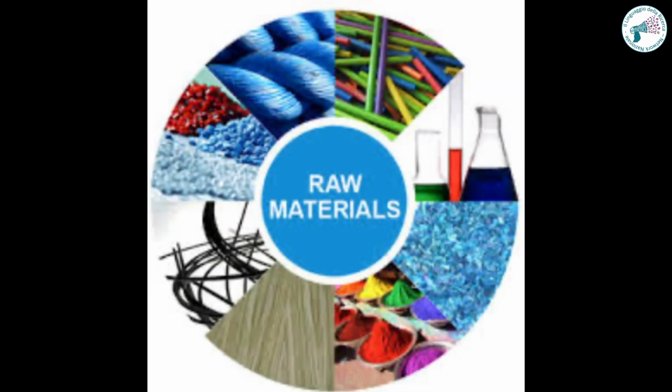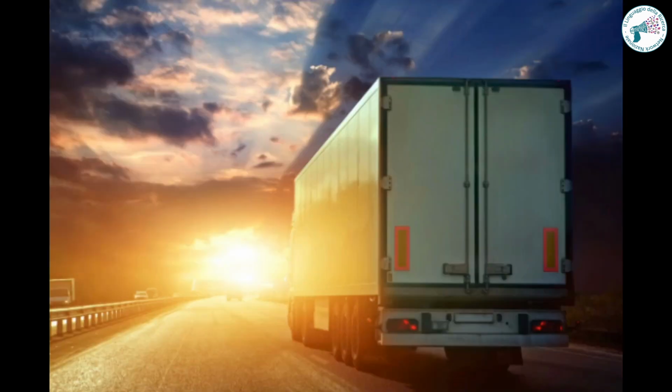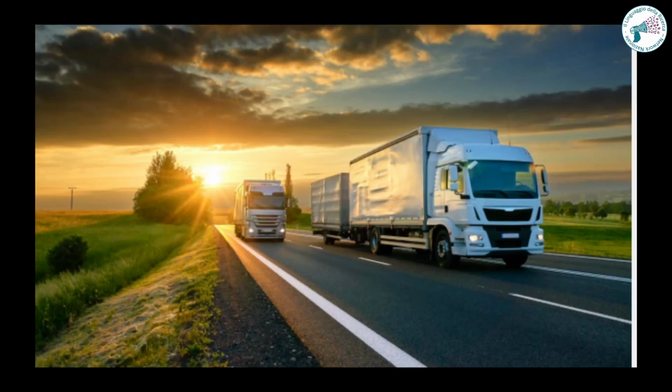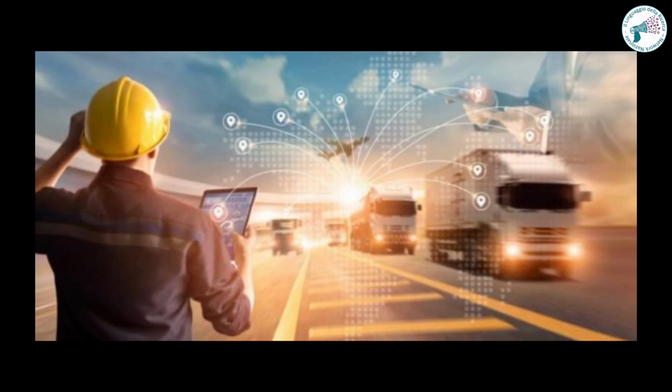Once extracted, raw materials move on to the next stage, transport. Resources have to be moved from extraction areas to processing sites. This may require transport by land, sea or air, depending on the distance and characteristics of the material. Transport can lead to greenhouse gas emissions, and measures may need to be taken to reduce the environmental impact, such as optimizing routes or using more energy-efficient means of transport.